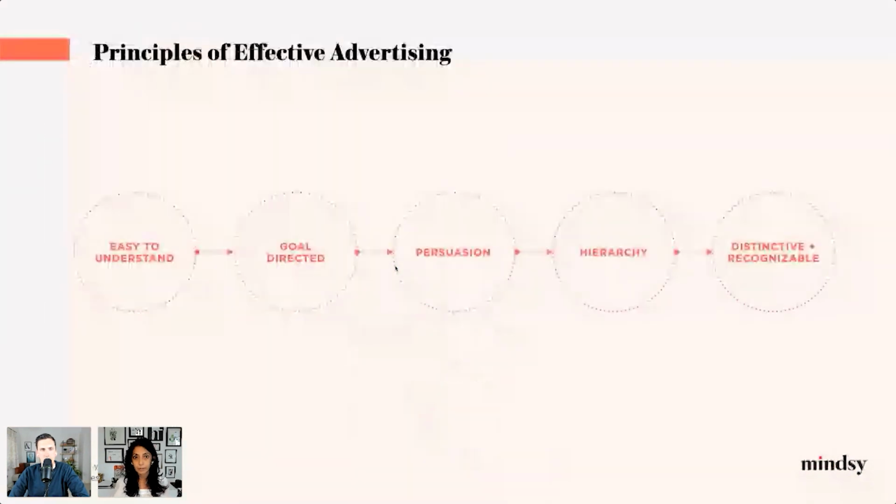So there are a couple of principles to keep in mind when you are designing an ad. It should be easy to understand. It should be goal directed. What is the goal? You want to hit the emotion. You want them to buy your product or services. What is the goal? How are you going to pursue it then? How are you going to convert them? The most important thing, hierarchy: how are you going to flow the information on the ad? And it should be distinctive and recognizable, so as not to get lost in the noisy internet market. What kind of visual and complementary things do you use so you can hold the attention of the user, like the black ad we just saw.